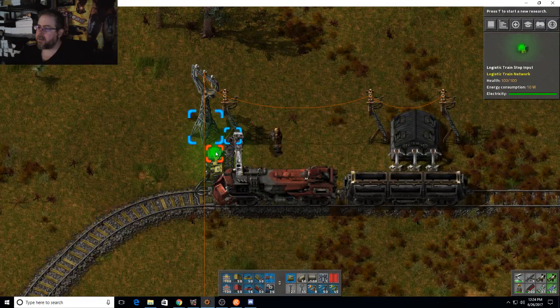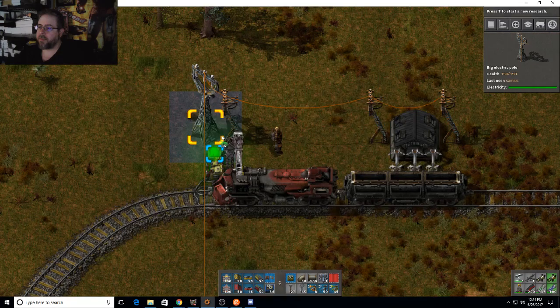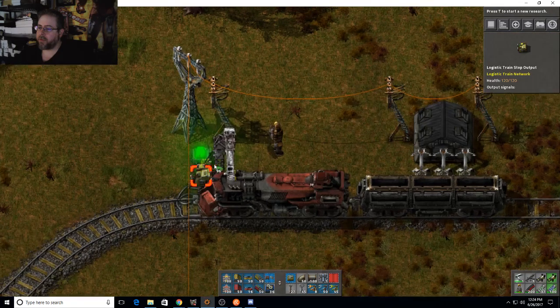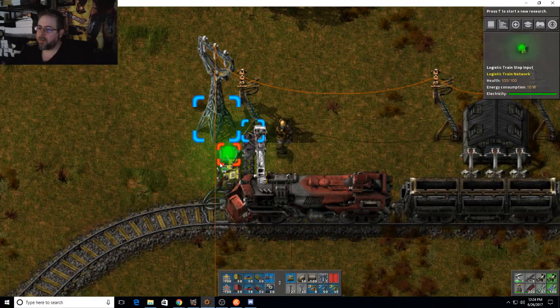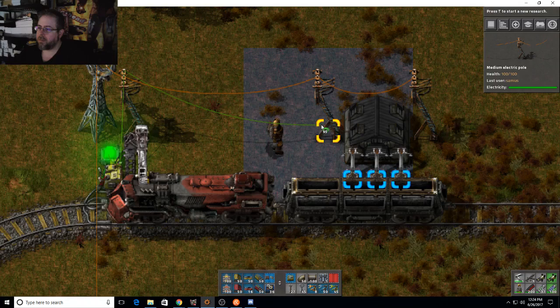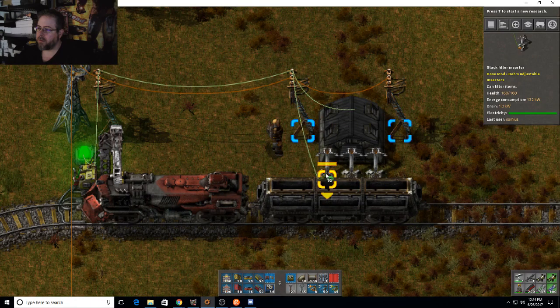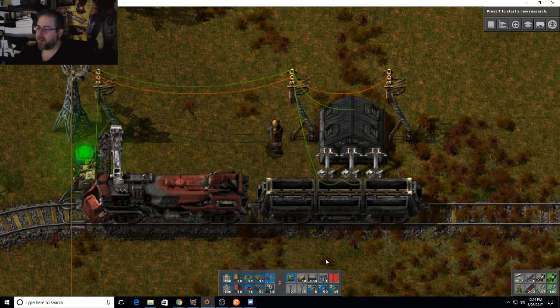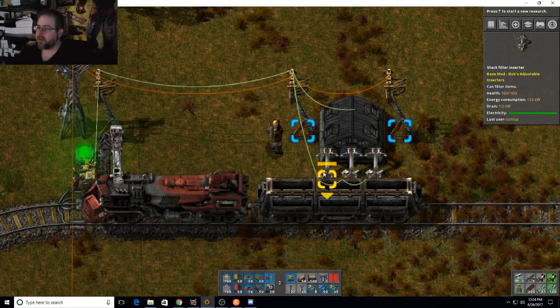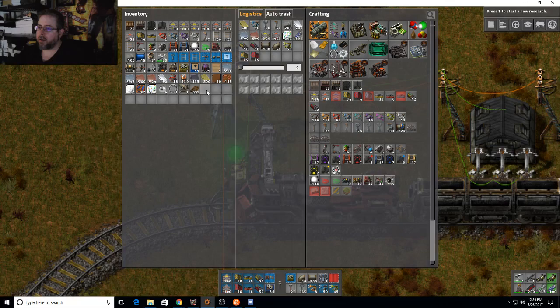So now, this all has to be wired up with green wire, which is one of the reasons we've been doing, I think it's the lamp to the pole. Actually, that might want to be red wire. But we'll see. So, I need...